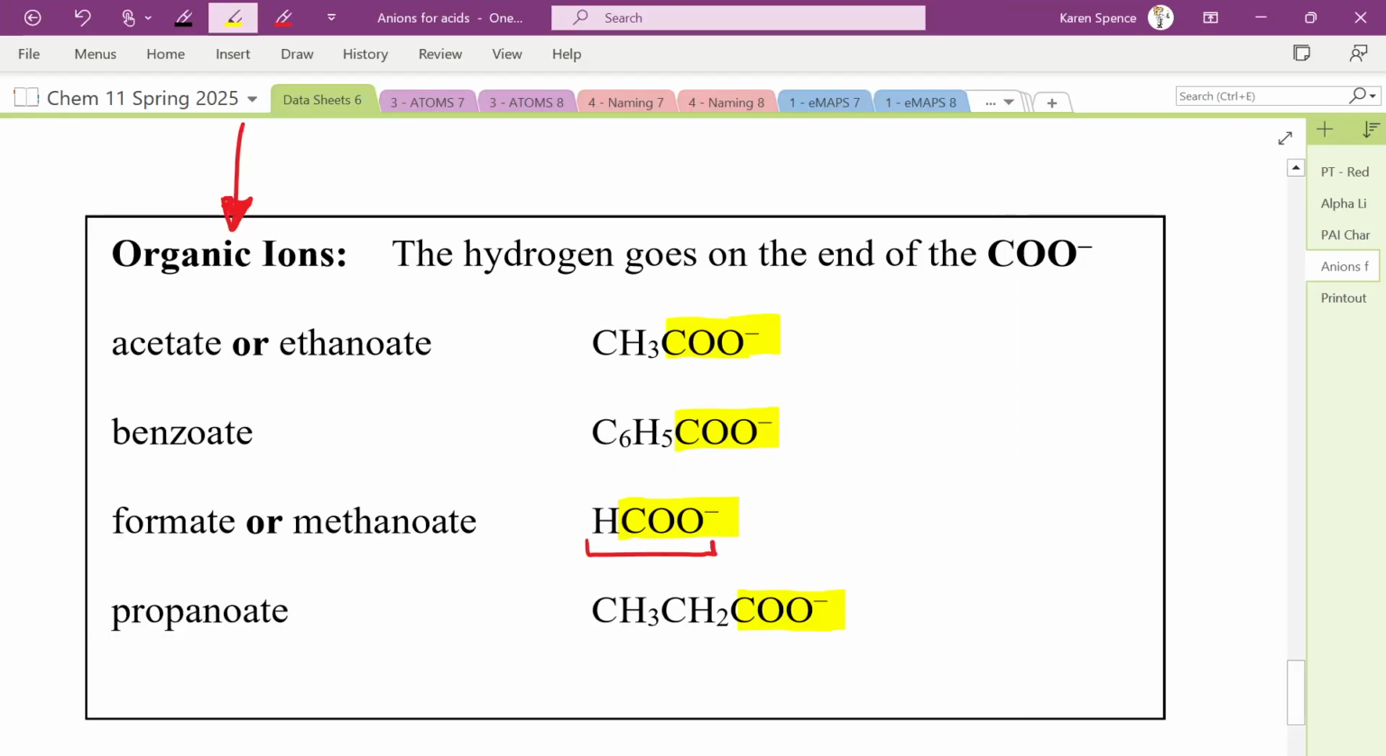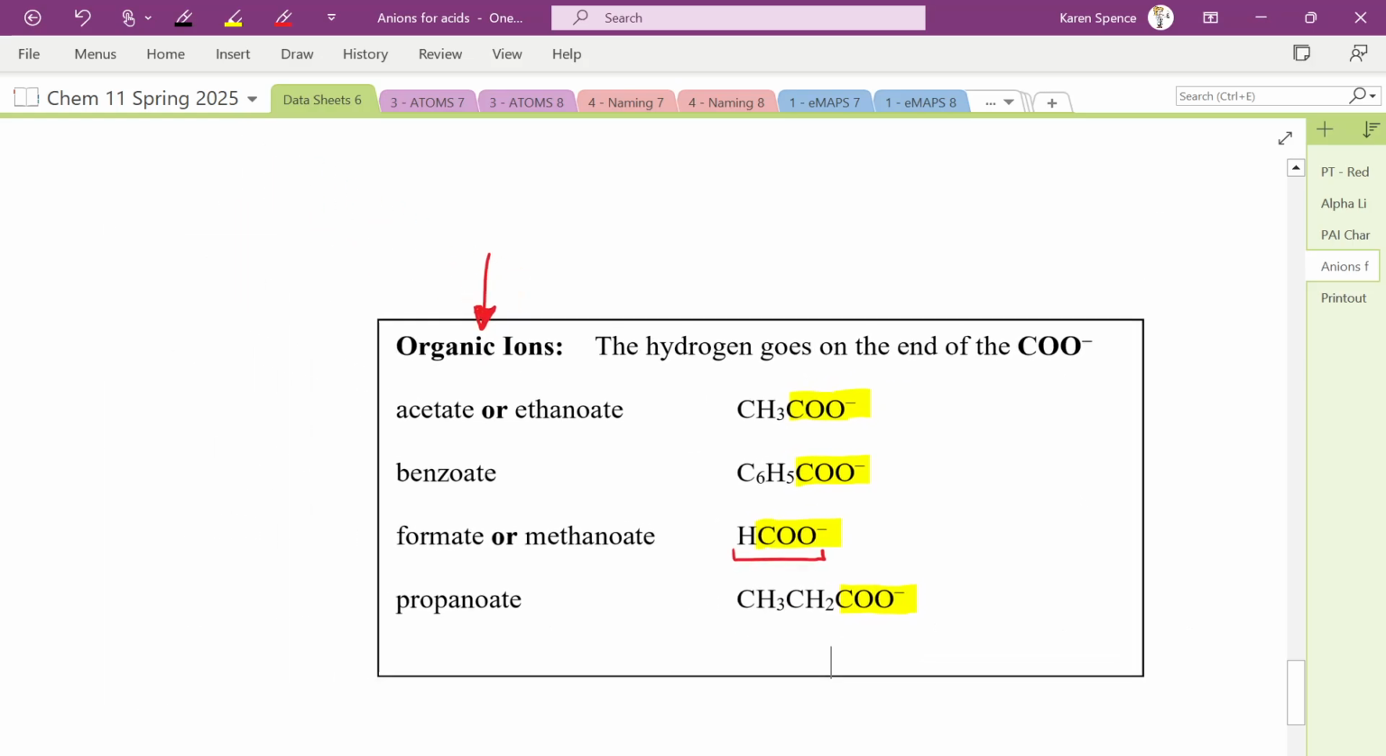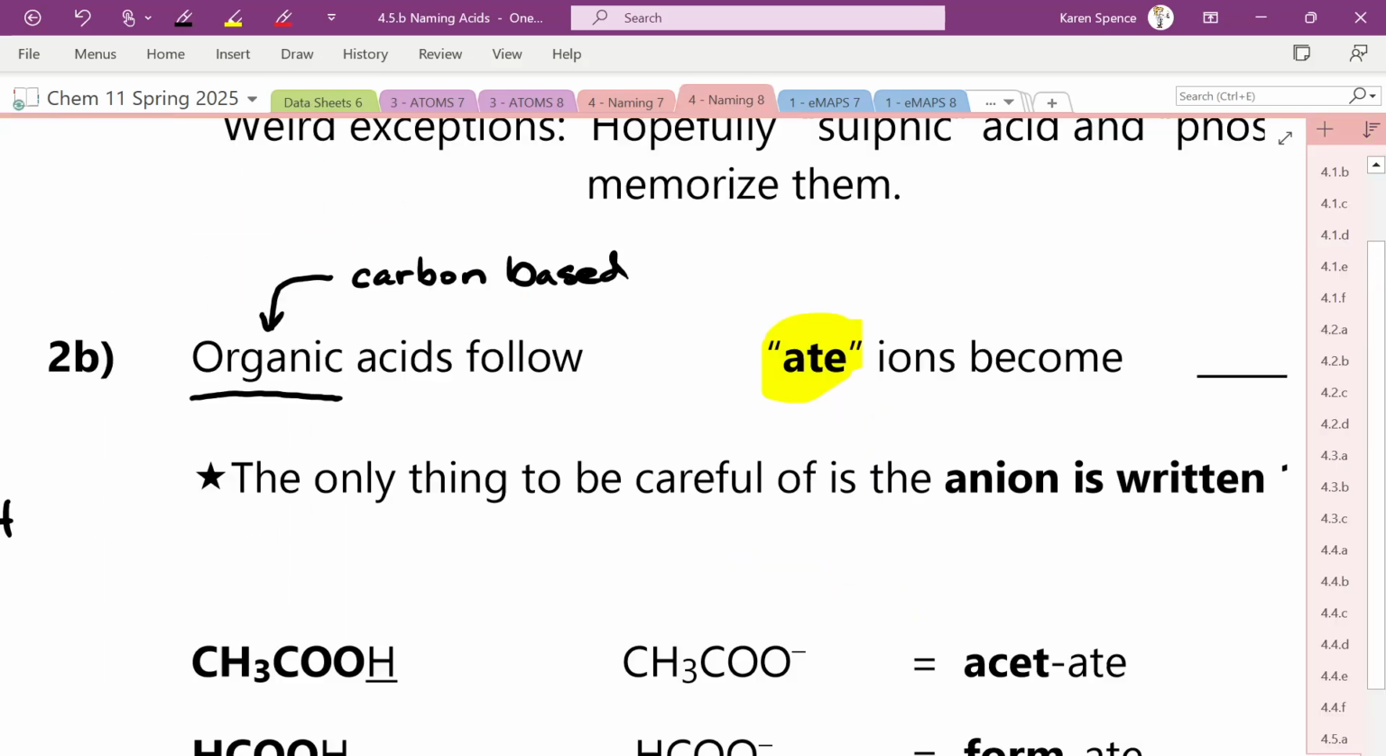Okay. So for our organic acids, they are all going to end in COOH, which means the anion for them is COO, and they're all on the third page of that data sheet. So if we go back here,